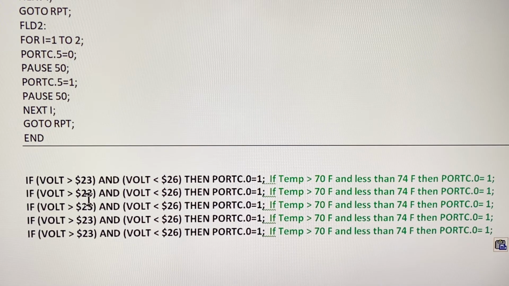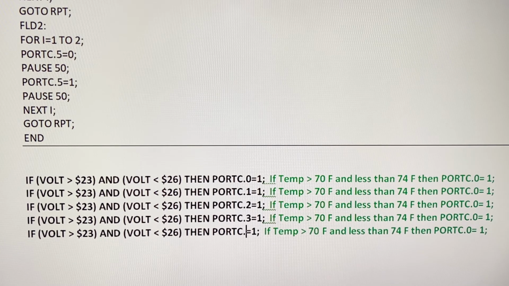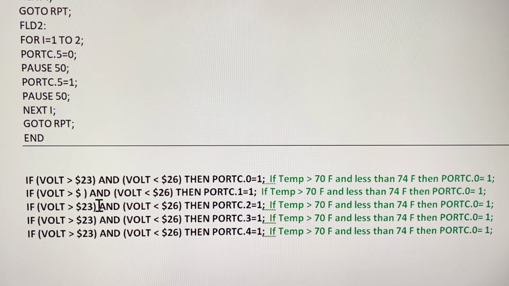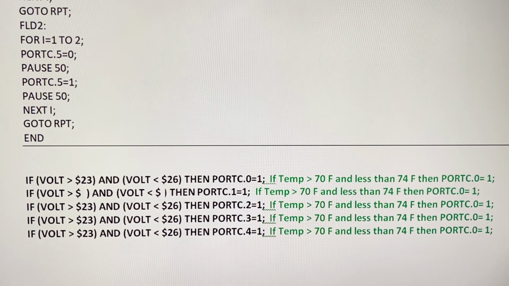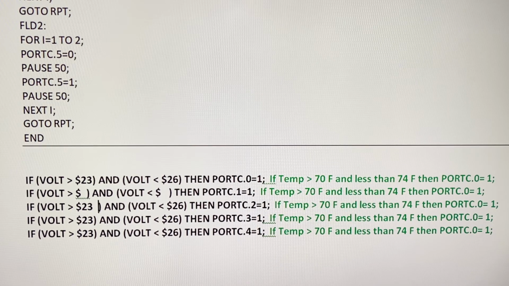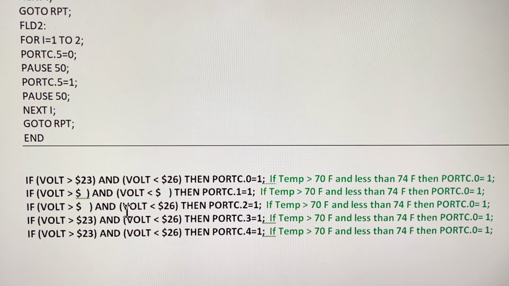For example, you can change the code right here. Now for the second LED, this will be the second LED, the third LED, fourth LED, the fifth LED. You see, you just change this. And how will you change the range? By changing the code right here. So you can change this number to another number that you are interested in, okay, right here. Same thing right here. You can change that range,